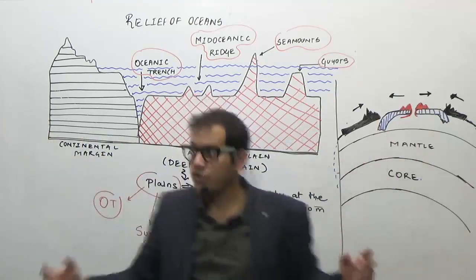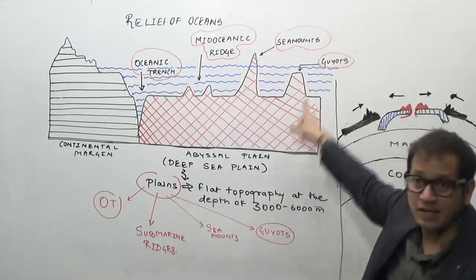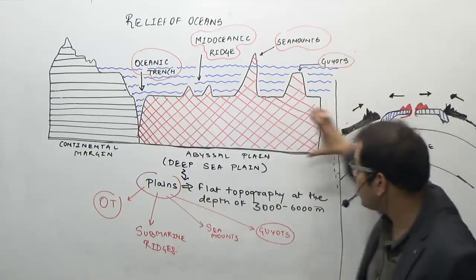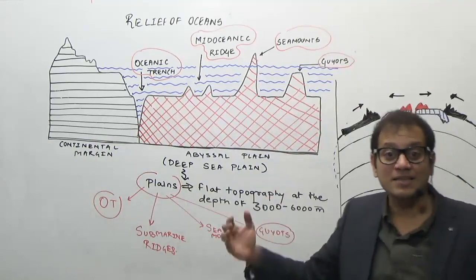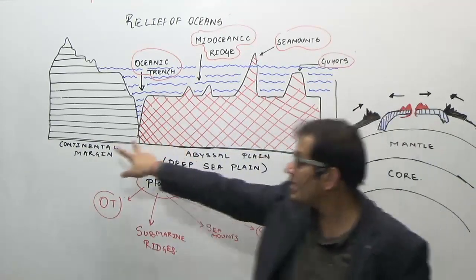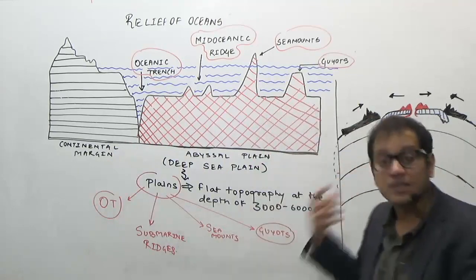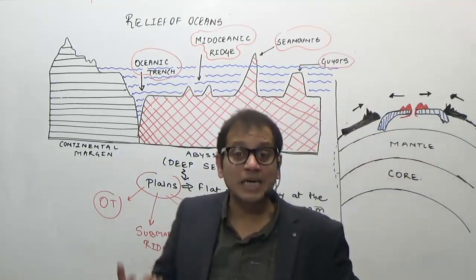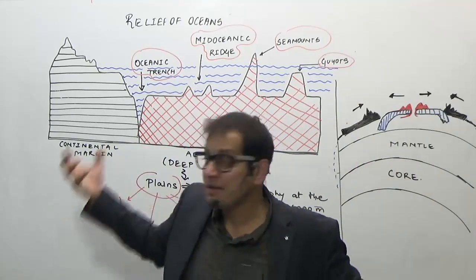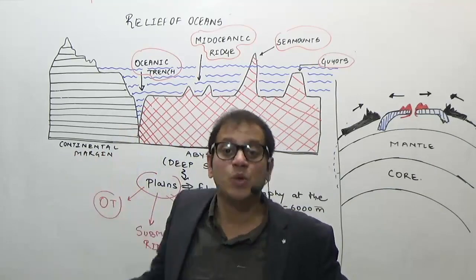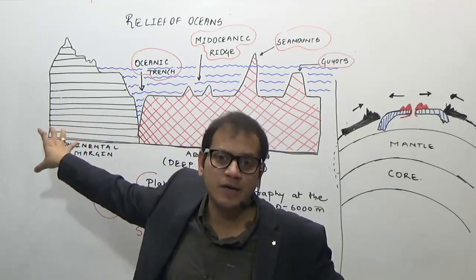larger area. So in the diagram also, though it is just a representative diagram, you see the red color shaded area, which is made up of an oceanic plain, is shown greater in size, or greater in coverage area, than the black color area. Why? Because the oceans are dominated. In fact, around 75 to 80% of the ocean topography is made up of deep sea plains, or the abyssal plains, while the remaining 20 or 25% consist of the continental margins.